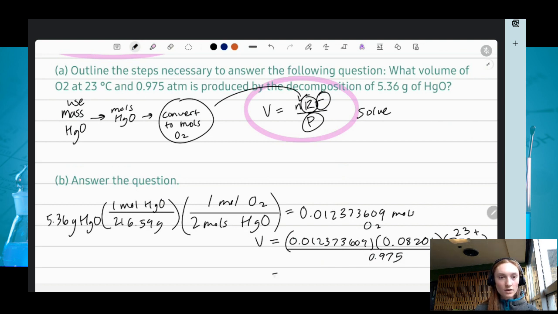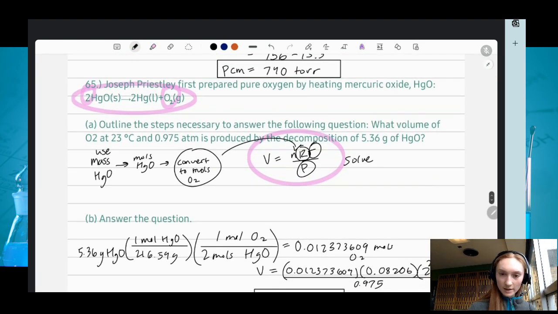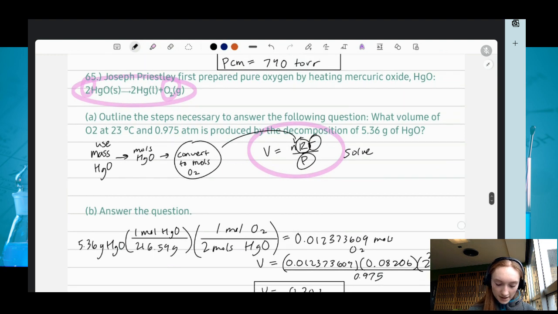So calculating all of that out, we will get a value of 0.30 liters because we were solving for volume. So that is how you go about solving that problem. Let me know if you have any questions about these in the chat. Let's move on